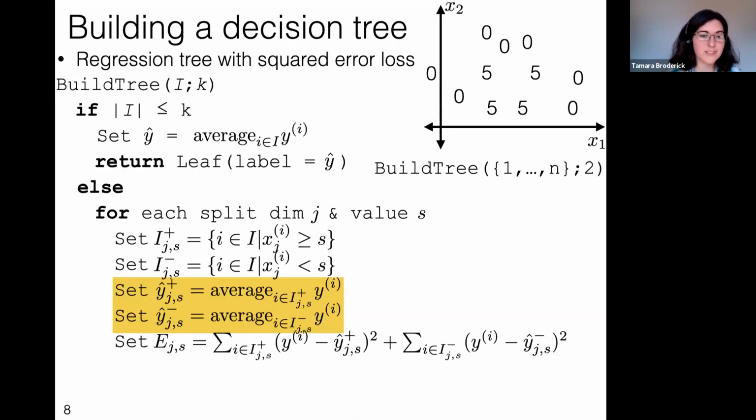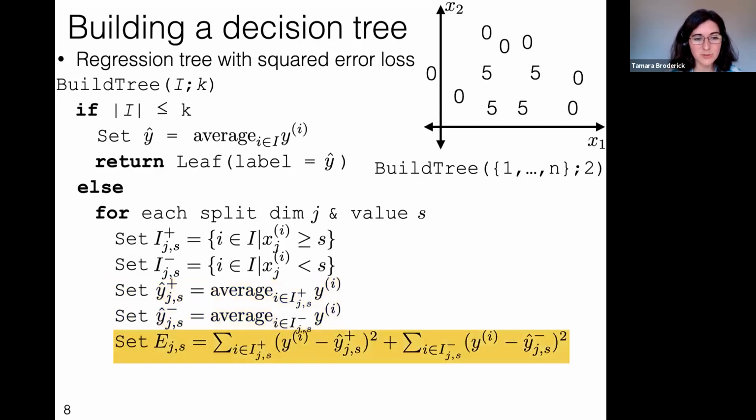Now we have to choose the split dimension j and the value s. And so what we can do is say, hey, for this split dimension j and this split value s, what's the error? What's the loss? And then we'll choose over all the different j's and s's, what is the minimizing error? How do we get the smallest loss? And we can do that by just calculating E(j, s) for each j and s and then looking at which one is minimizing. Now, remember, we had this issue, though, where we said there's technically an infinity of values,